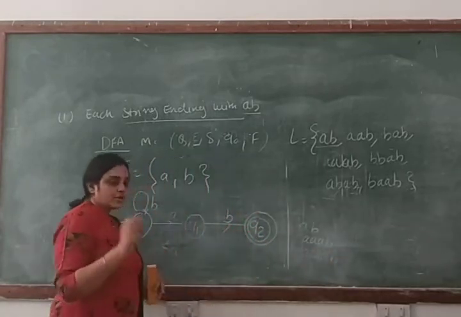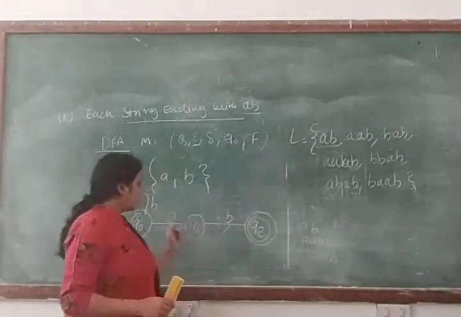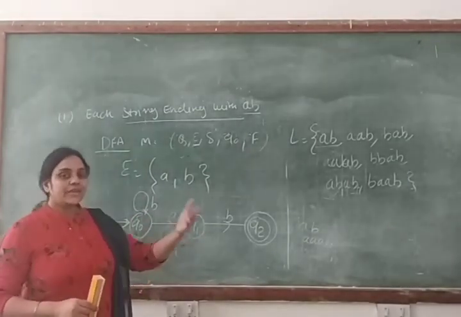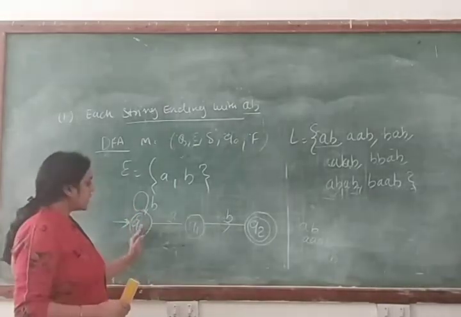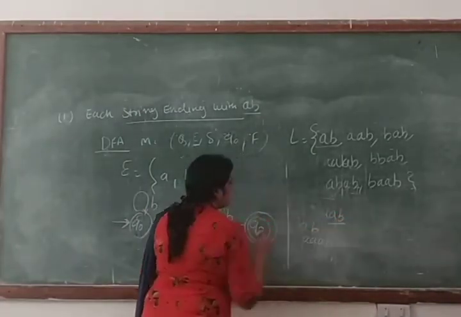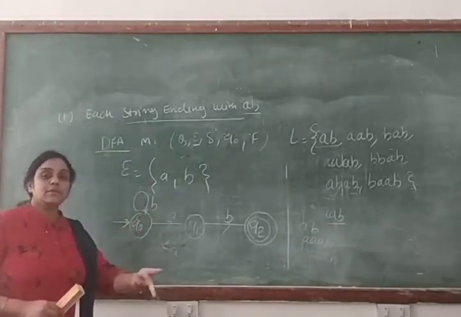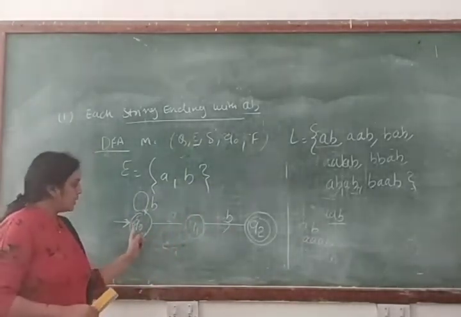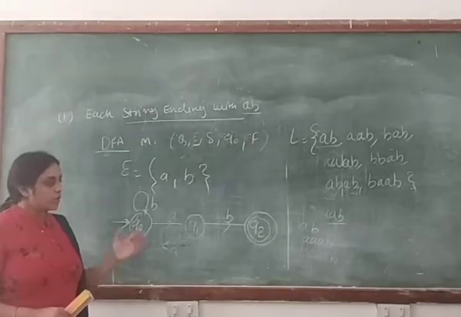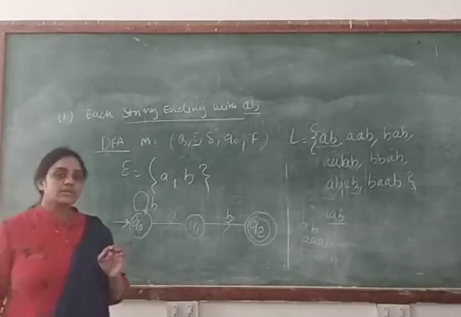B. Clear? So basically, if you see these strings, you can easily see that if you are making a transition from Q1 to Q0, in that case your machine will accept an odd number of A's then B. Clear? But it will not accept double A. If you want to accept this string by your machine, your machine will fail because it will not accept double AB. Clear? AB it will accept. A means 3A, but double A it will not accept.